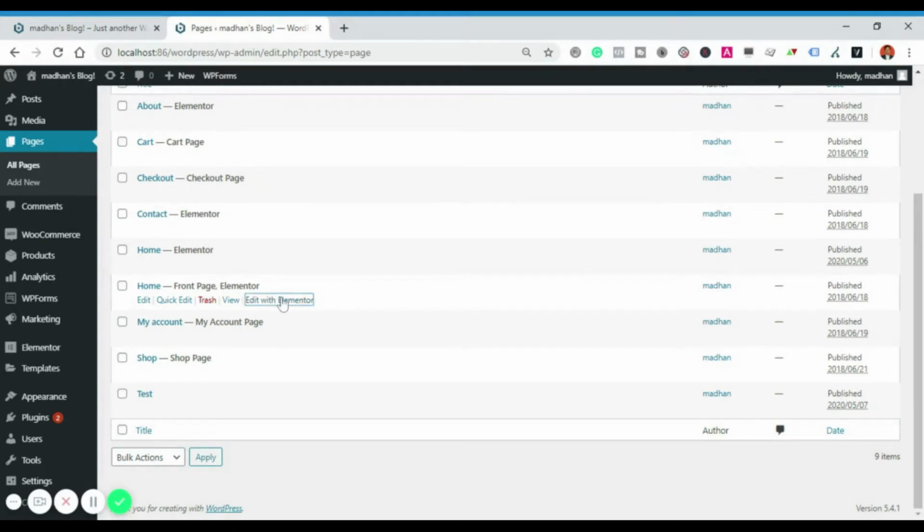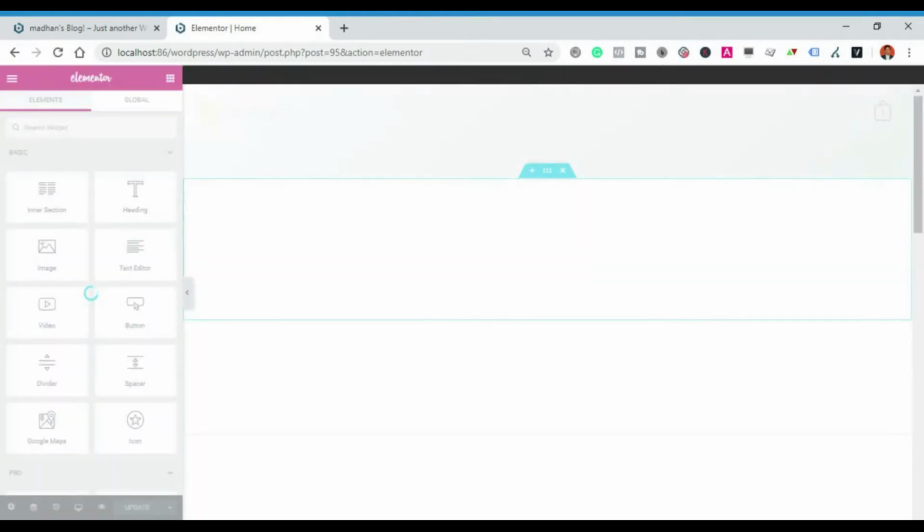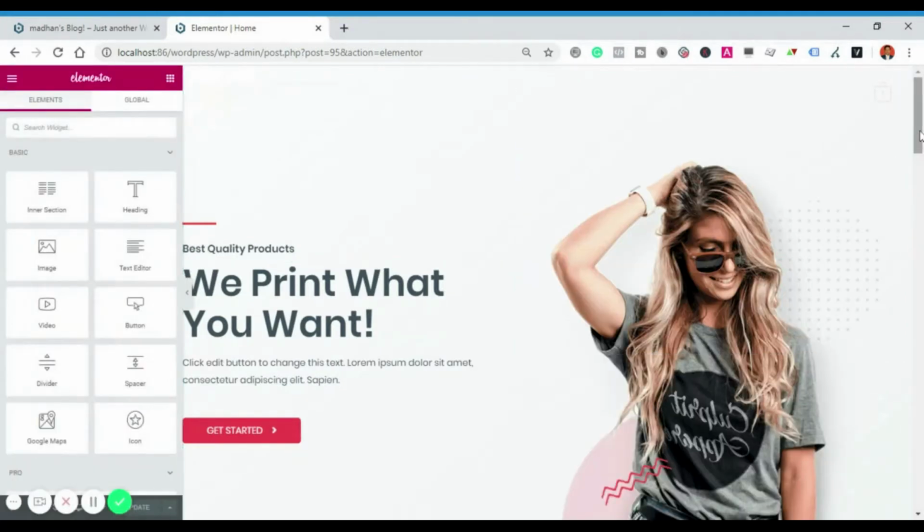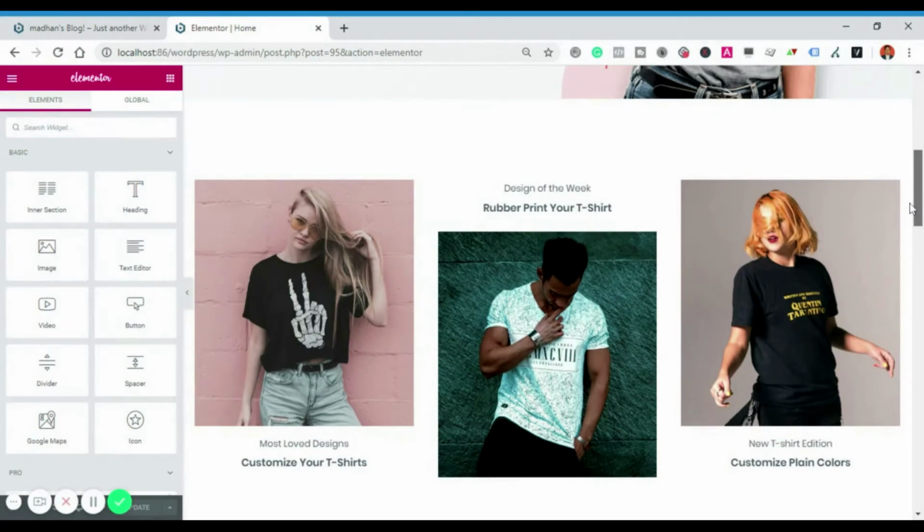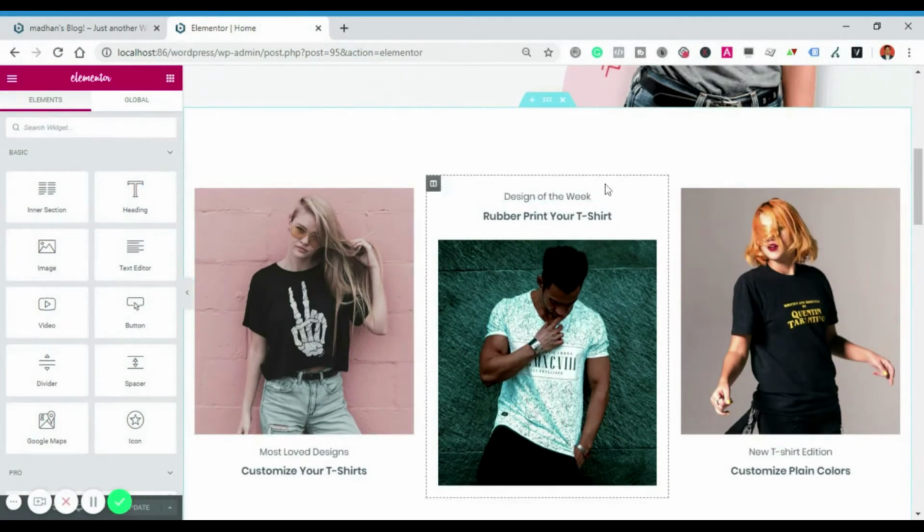Now let me click on this. Now we are on the Elementor dashboard of this page. What you need to do is give IDs for individual sections. How can we add an ID? Let's say this is the second section.